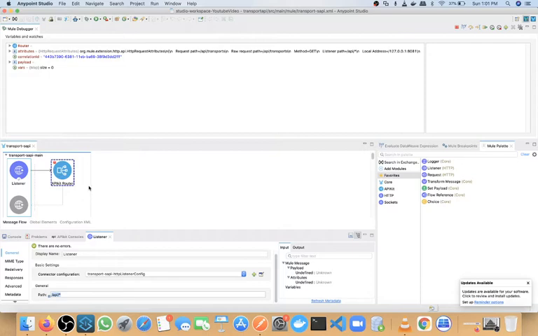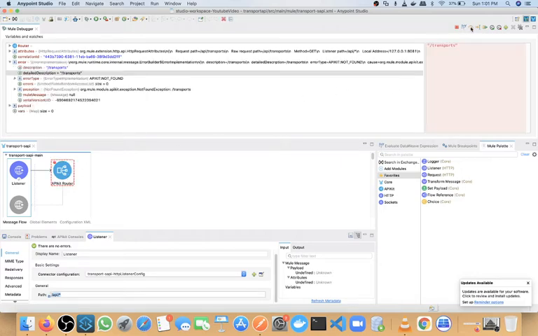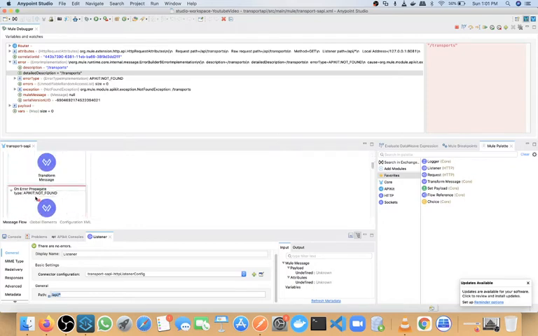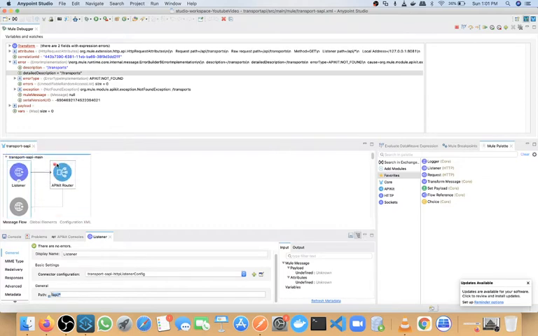Since we are not passing all the required fields, it will give us a bad request. So if I go next, see we are getting an error. What kind of error are we getting? First we are getting APIkit not found, so it will go to APIkit not found, it will go to here. Okay, so our control is going to this, since this APIkit is throwing an error, and this will be caught by the any-one error handler.